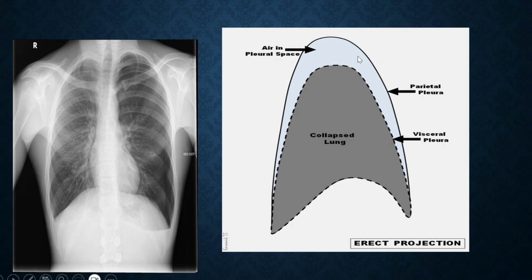So this is the representative image, and we can see in this image this thin line is the visceral pleura and this dotted line is the visceral pleura outlining the lung. So we can see in this X-ray image this is the visceral pleura outlining the lung, and the parietal pleura is not visualized in X-ray. So there is a lucent area noted in the periphery of this hemithorax. This is the pneumothorax.